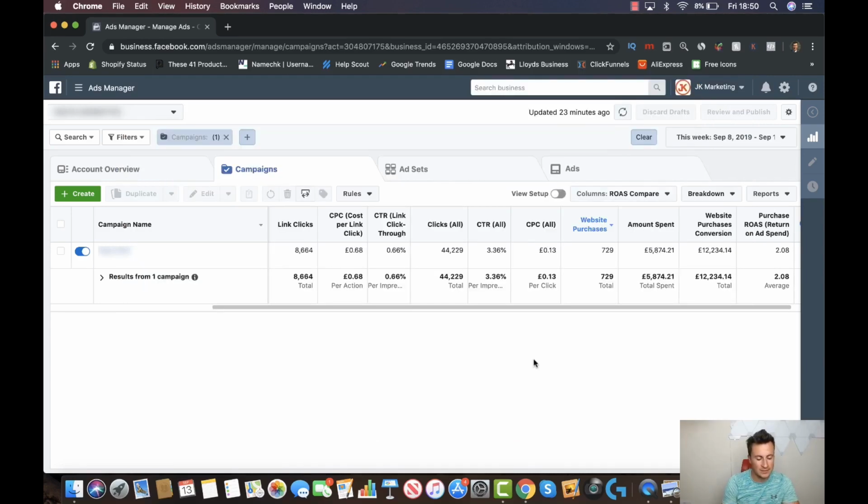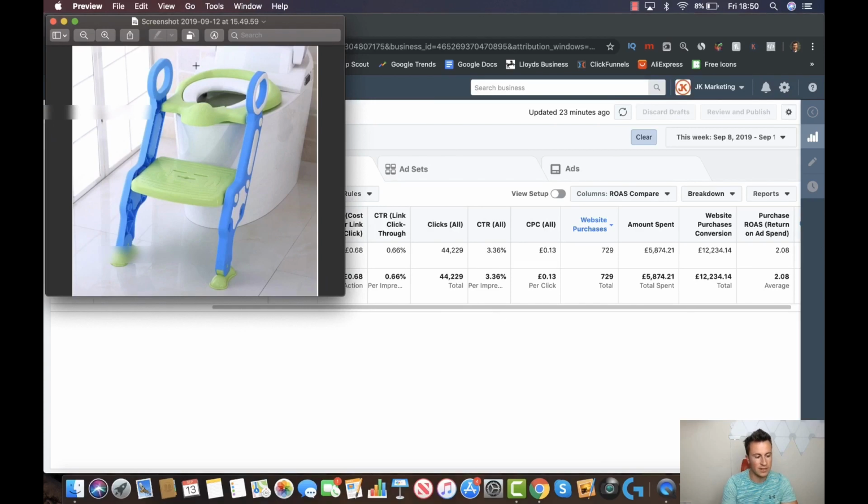So here we are inside my ad manager, and these are going to be the two products that I'm going to be showing you how to run ads for, purely because these are two different styles of product. Number one, this product here is going to be purely demographic based. I'll explain that later on in the video. And then the second product